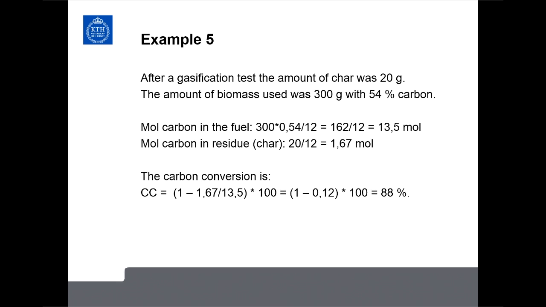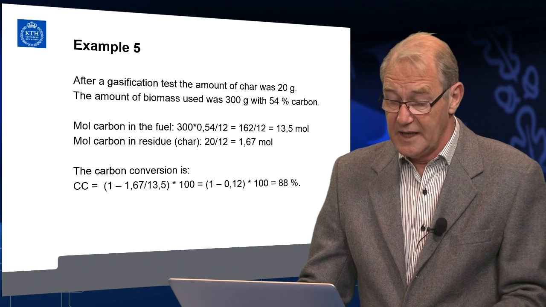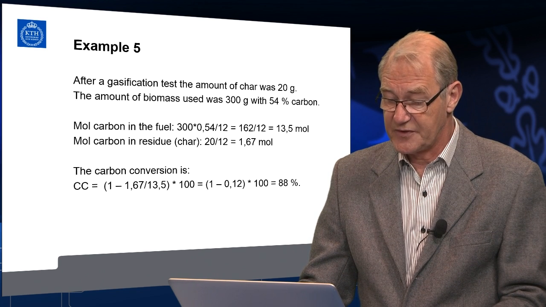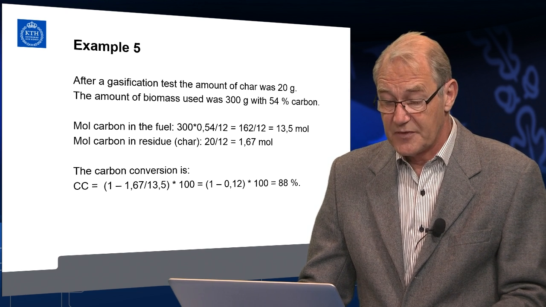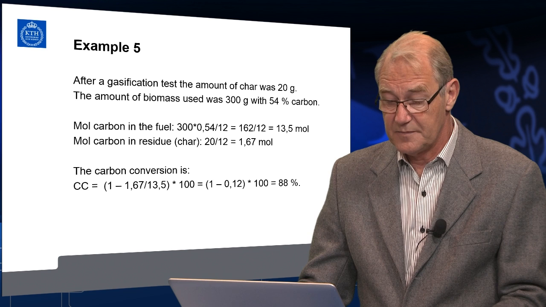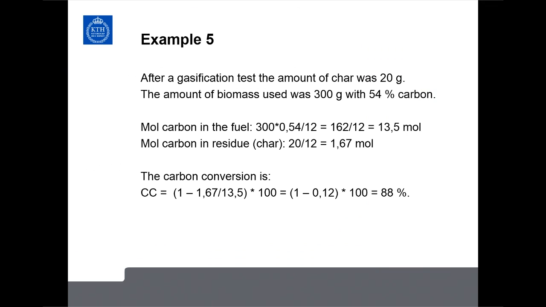Then we can calculate the number of moles of carbon in the fuel, and we can also calculate the number of moles of carbon in the residue. Having done that, we can see we have 13.5 mole of carbon in the fuel, and we have 1.67 mole of carbon in the residue. So we use the formula that we previously saw, and as you see, the result of the carbon conversion is